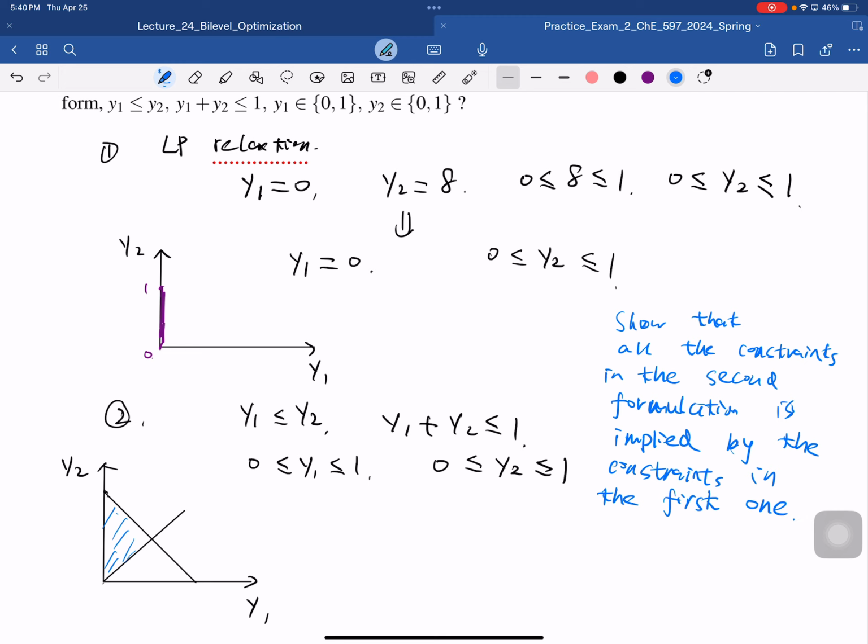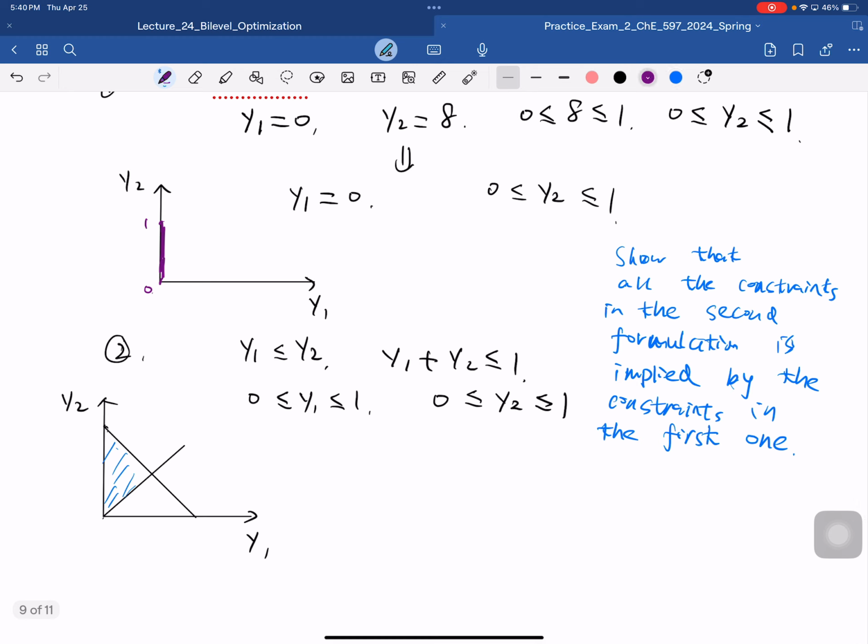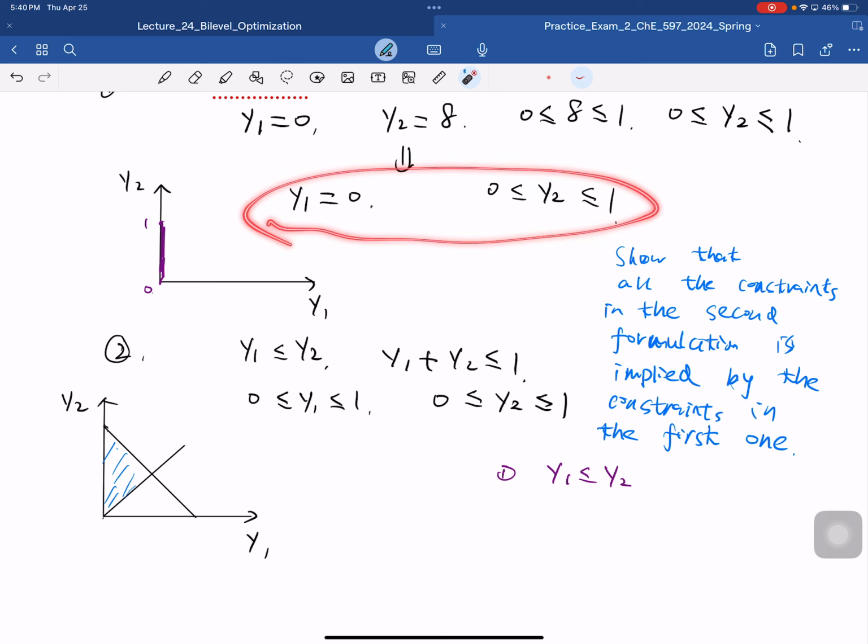Okay, so let's give an example. We want to show y1 less than or equal to y2 is implied by the constraints in the first set,